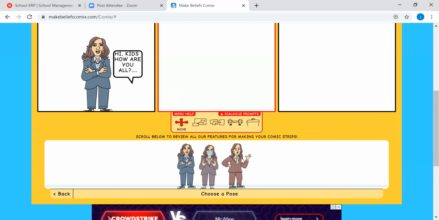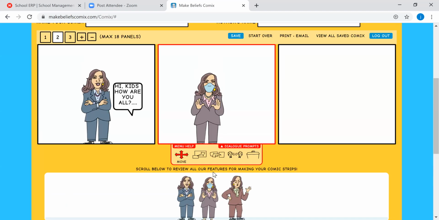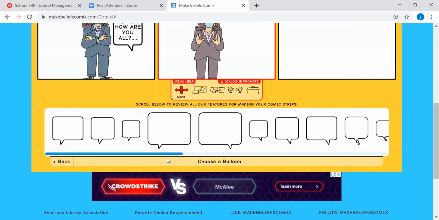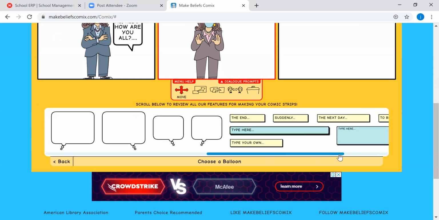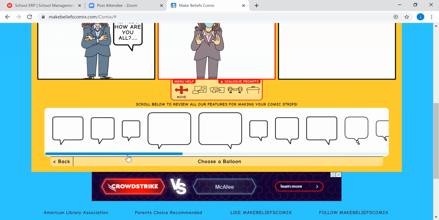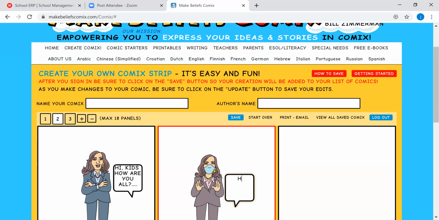So yeah, now it's this situation, so we can go for balloon again. Yeah, hope you are all safe. Okay.